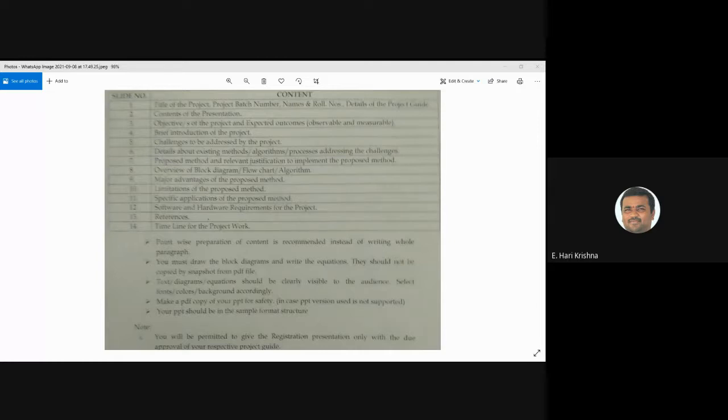Reliable and accurate estimation of blood oxygen saturation is the first parameter that can be derived from the pulse oximeter's photoplethysmographic signal. Second one is